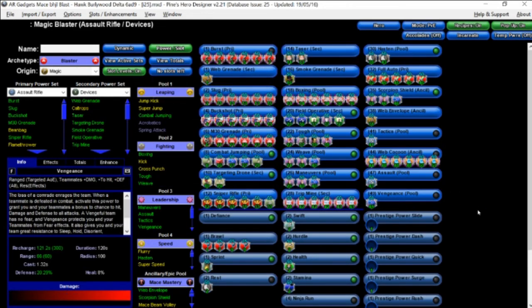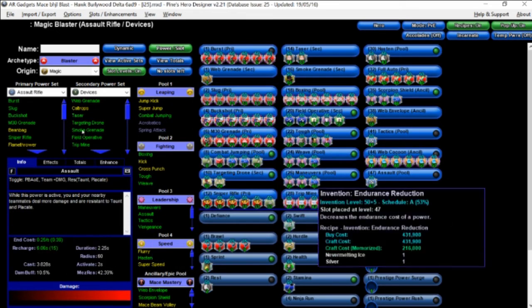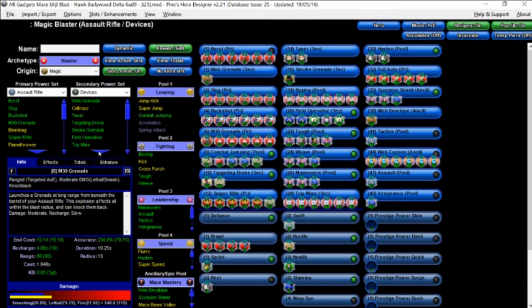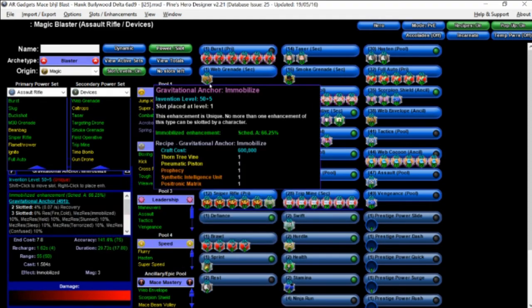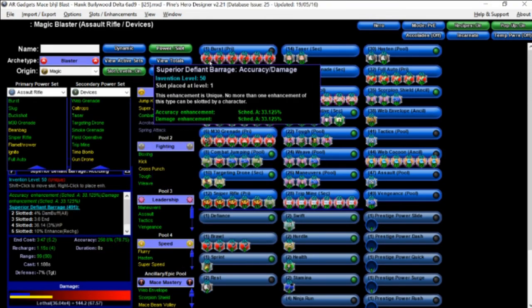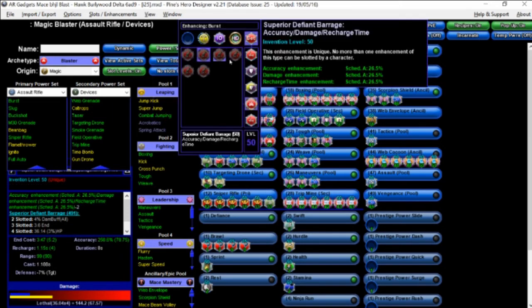I went through them, and these were the ones I think encapsulated the good guidelines to have on a blaster. Even if this isn't the exact primary secondary path that you take, you can still slot this way and it's going to be helpful. I may in future videos go into more detail about how we slot and all that stuff that you can do in game, but just to look over here, we have the blaster archetype